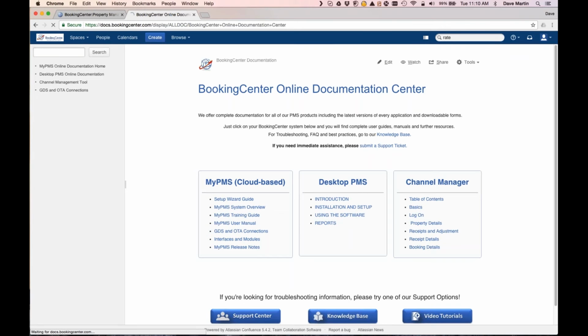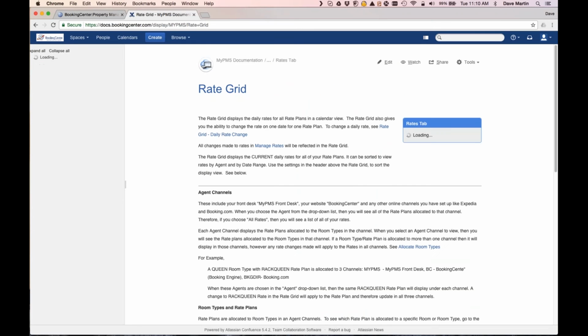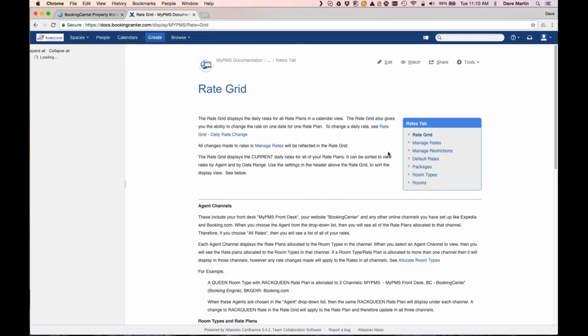Any one of the rate options will get you into the rate section where you can then just go into the restrictions area. Just a quick way to get in there and see all the documentation associated with the new manage rate screen. I think that's all I have now, and I'm going to pass it over to Ryan, and Ryan can cover